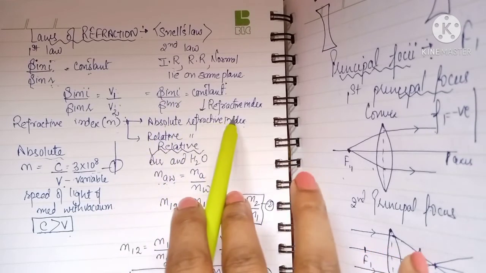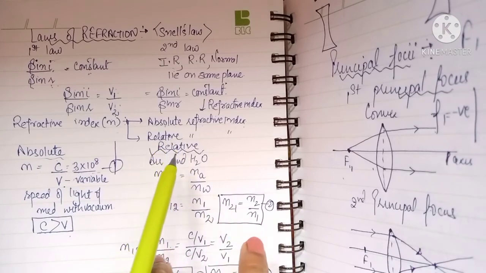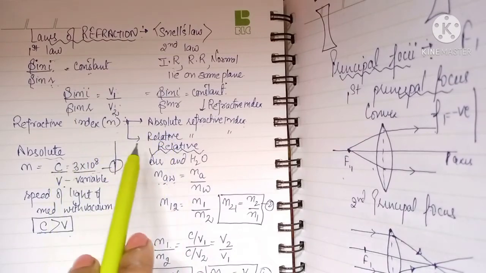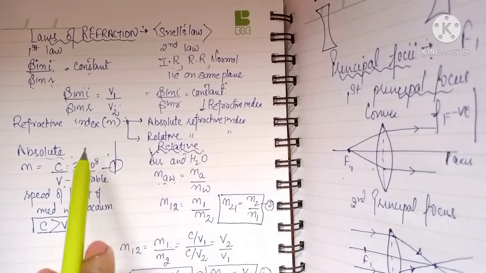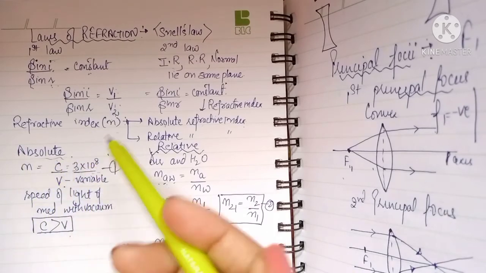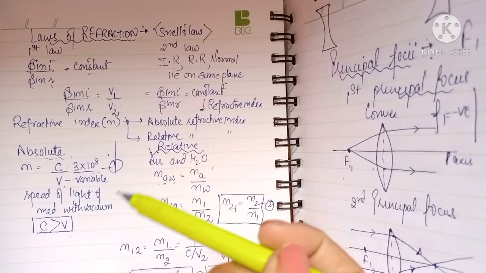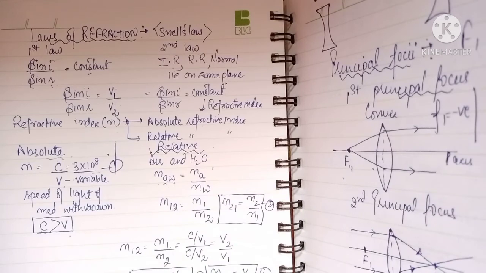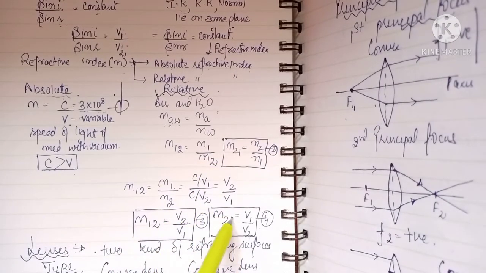Now we have studied the new term, that is your refractive index. What does refractive index do? Refractive index basically determines the speed of light in any medium. So basically there are two kinds of refractive index, absolute as well as relative. Absolute refractive index compares the speed of light in a medium with the speed of light in vacuum. Relative refractive index you can write in terms of velocity, as well as in terms of refractive index also. Now there are four kinds of formulas you have developed from the relative refractive index, and this is important from the numerical point of view also.